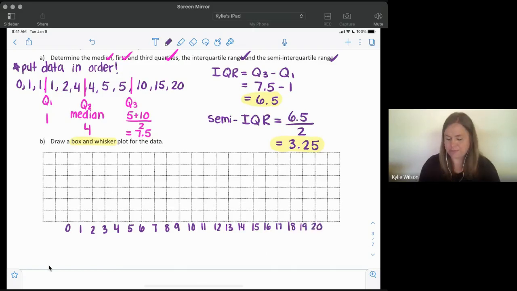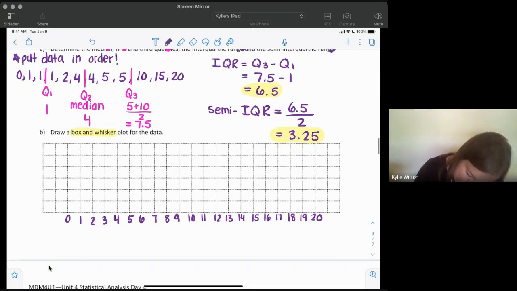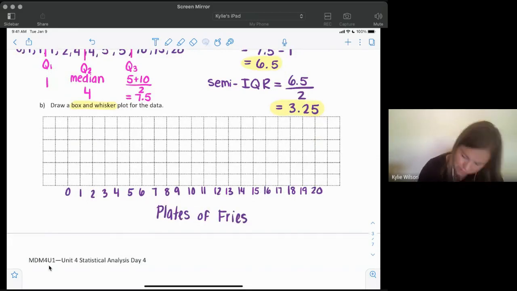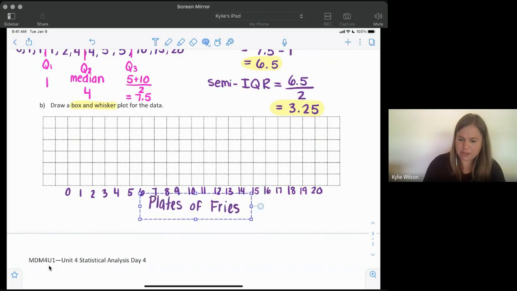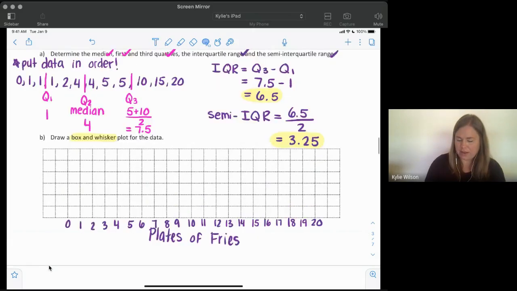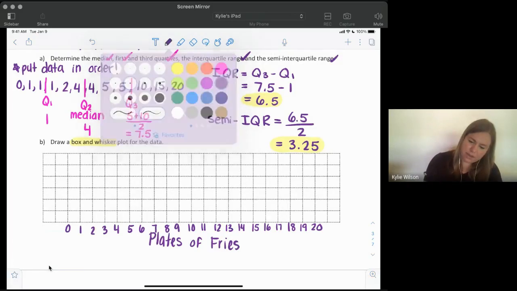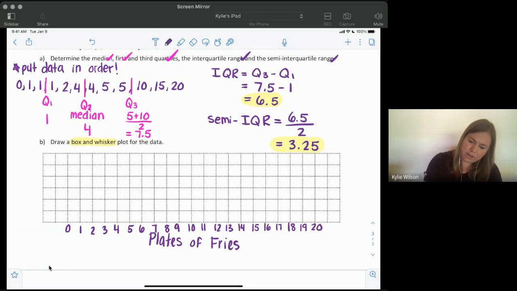There we go. And I also want to label it. So this here is representing our plates of fries. That's what that is representing, our plates of fries. So now when I draw a box and whisker chart, I'm going to start by marking my lowest and my